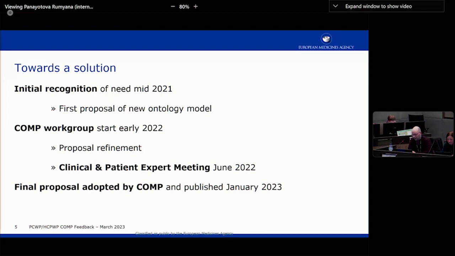So I was lucky to acquire a book at that time where the authors used a model that I thought would be quite useful to use for us as our orphan designations also. So in 2021, I presented a proposal to COMP. They were all very enthusiastic about this. We also went to the COMP CAT meeting. When we had a meeting together, we also came to CAT, and everybody at CAT was also very happy with that.